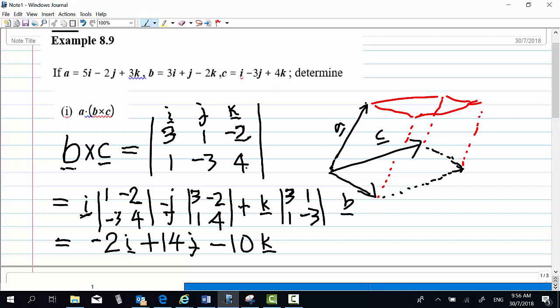And then you do the 3 by 3 determinant with expansion i, minus j, and k. First, you cover up the first column, you get 1, minus 2, minus 3, 4. And then you cover up the second column